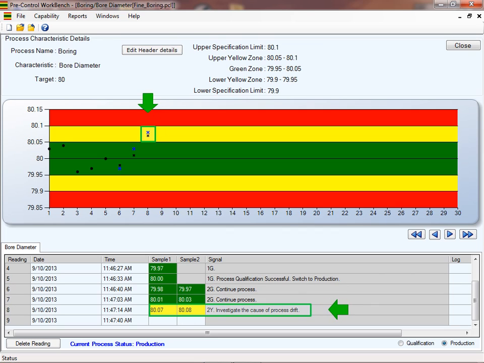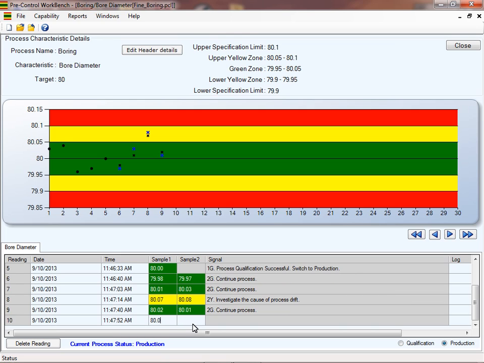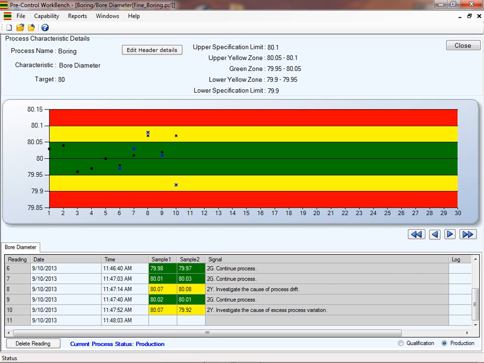If one or both parts fall in the yellow zone on the same side, investigate reasons for process drift, correct the process, and continue running. If two parts fall in opposite yellow zones, investigate the reasons for excessive process variation, correct the process, and continue running.